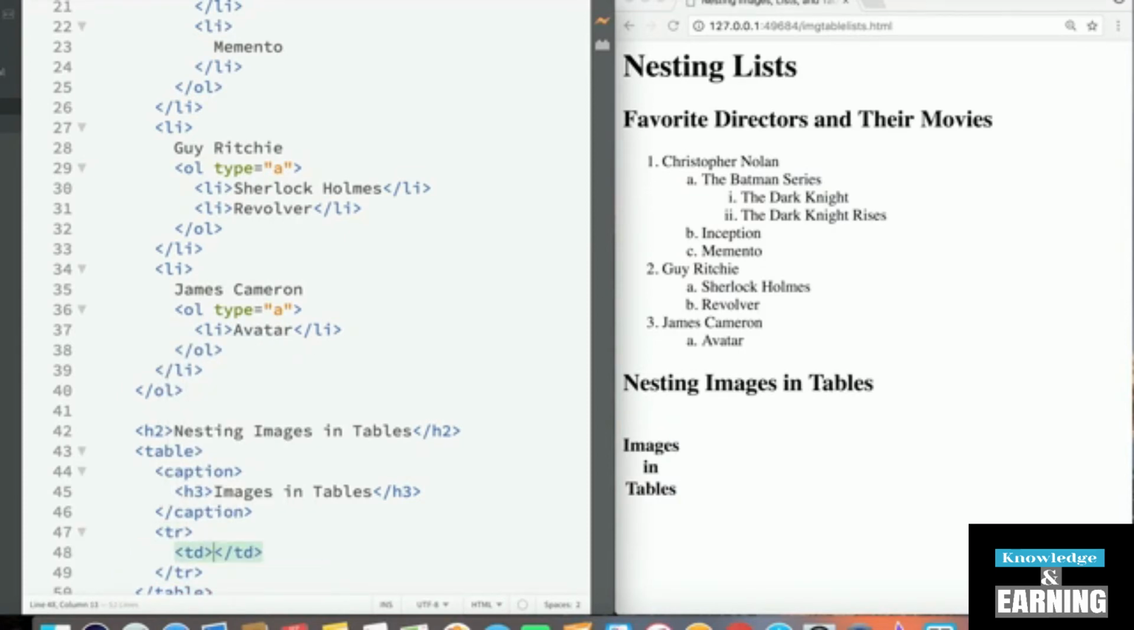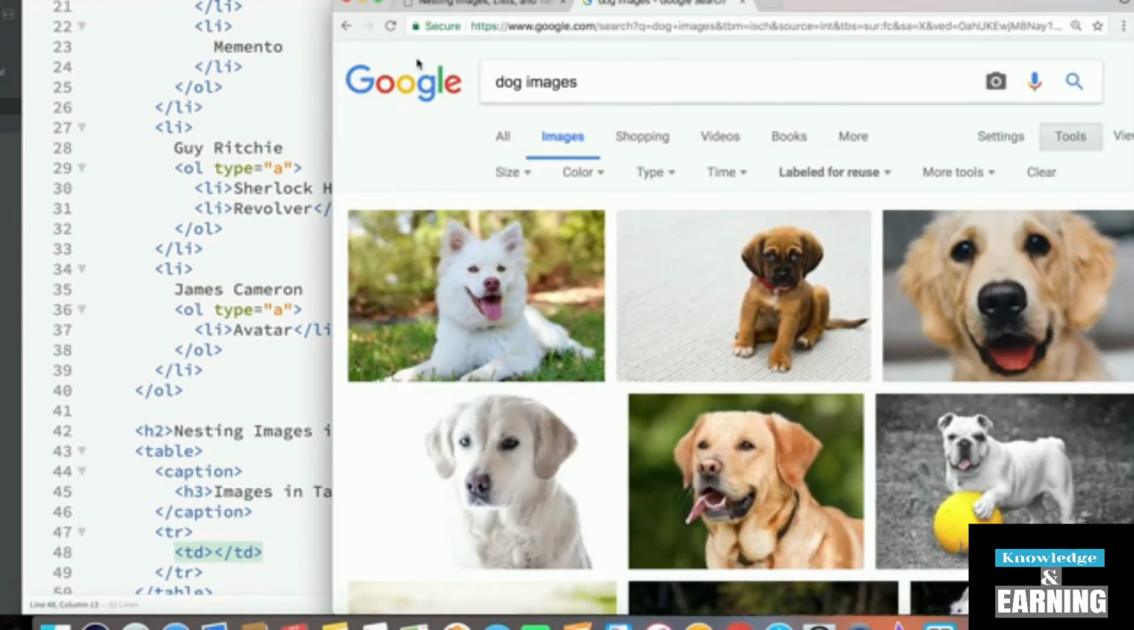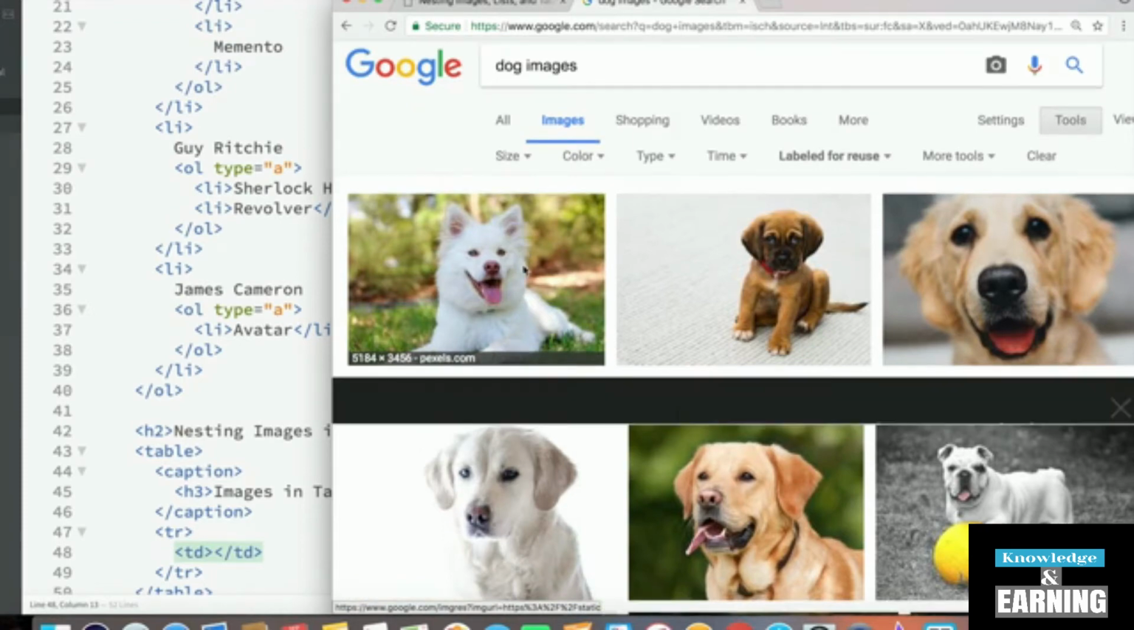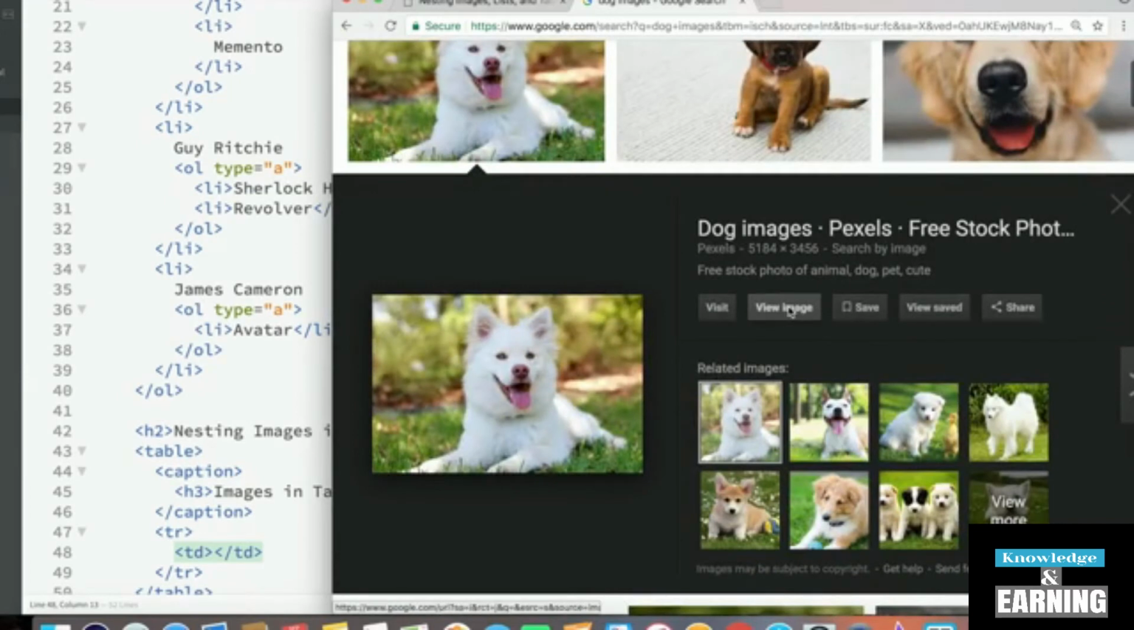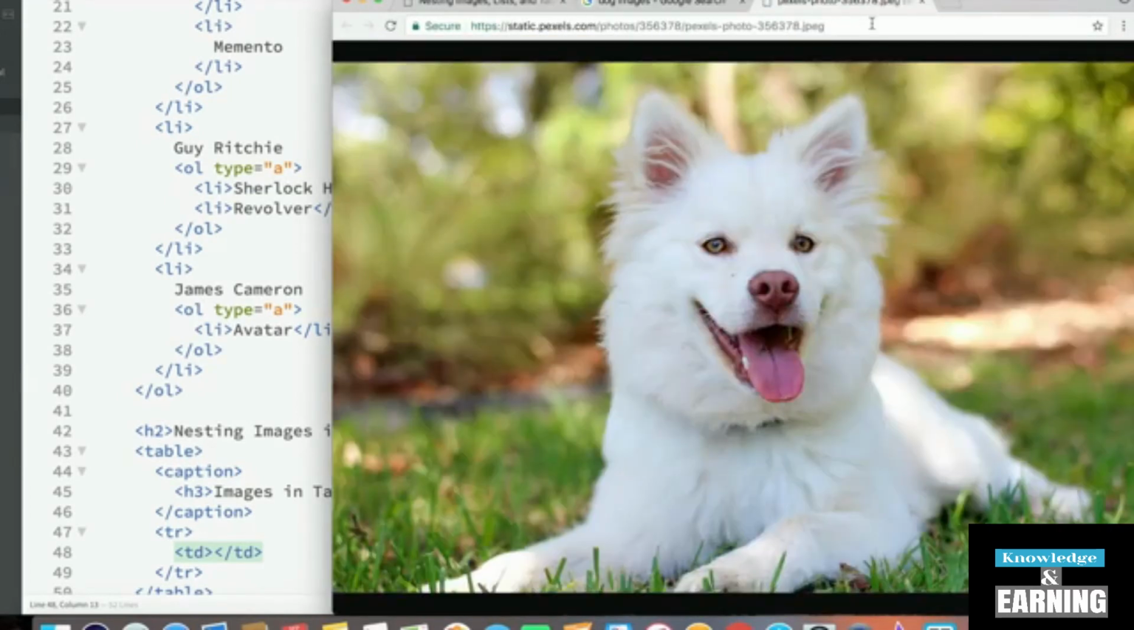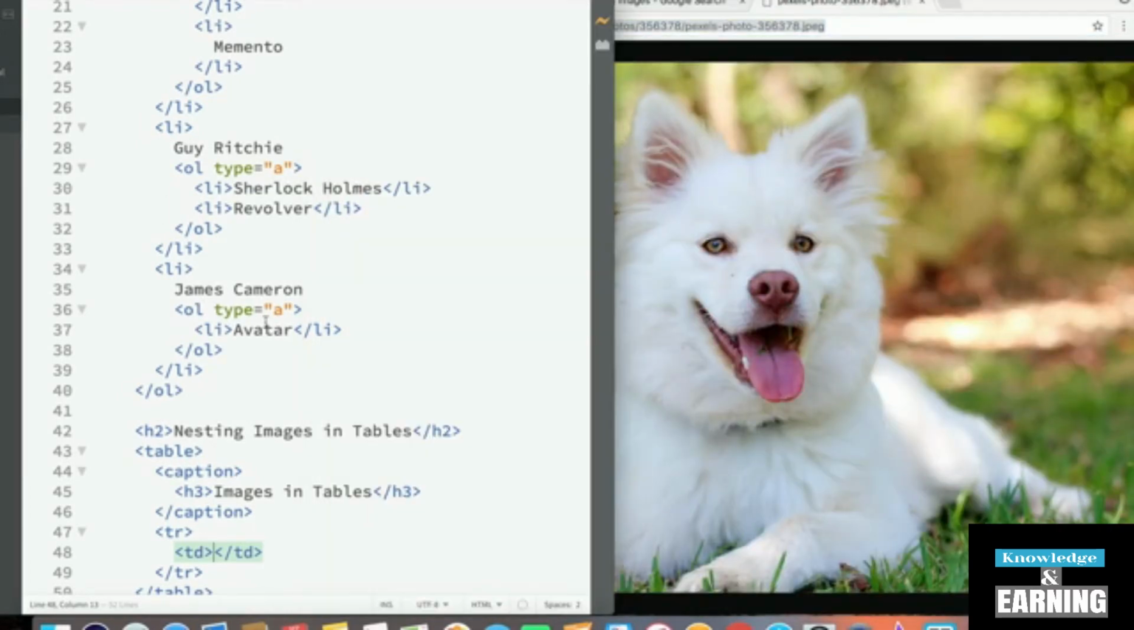And then underneath the caption, let's create a row. Inside the row, add a TD. Since we did some cat images earlier, let's give a shout out to the dog fans and have some dog images this time. So under dog images, let's find view image, and this is a JPEG, so I'm going to copy this link